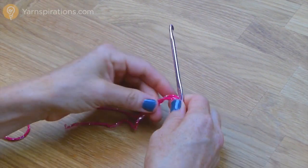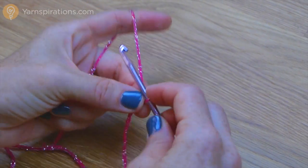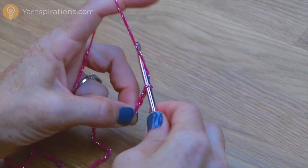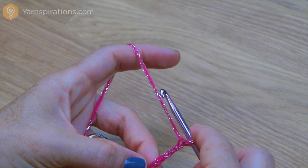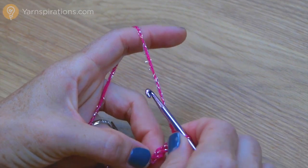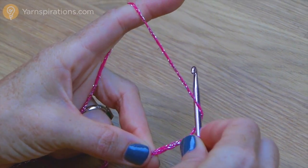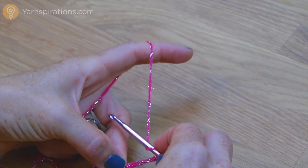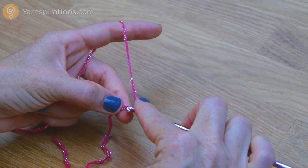Okay, so to get started, like I said, we're starting at one tip and we're going to go to the other tip. So you just start with your slip knot and you're going to begin by chaining 5. 1, 2, 3, 4, 5. And this entire project is worked in double treble crochets. So it's super speedy, which is fun, but it requires a little bit more yarn over action. So you're going to start by yarning over hook once, twice, a third time, then you insert it in that first chain,